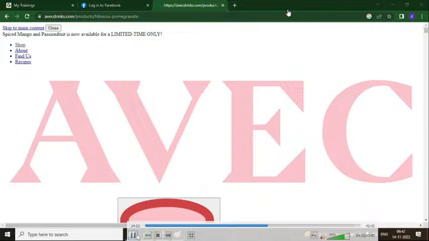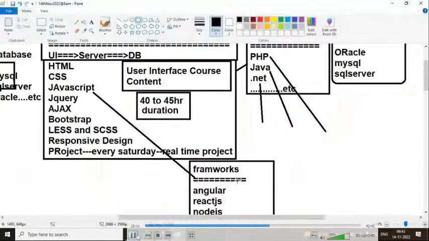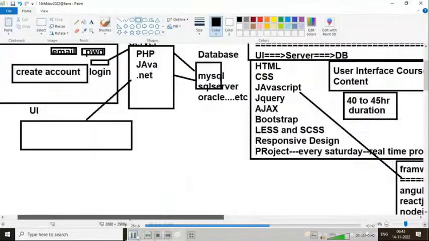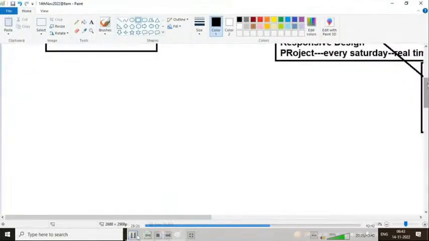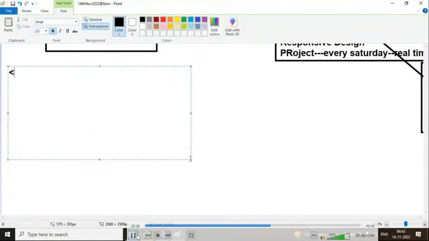Inside this head only we can write CSS code, JavaScript code, jQuery code, Ajax code. So this way we can develop our output. In all front end programming, the front end is always interacting with the server, and the server always interacts with the database. But every HTML application, any HTML application you check, is always developed with the doc type